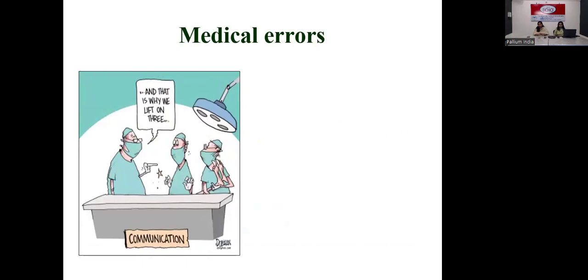So, why is communication important? Another factor is to avoid medical errors. We know that a lot of times we fear allegations against doctors, nurses, and the hospital. In order to avoid such allegations, better communication must be facilitated between the patient and the doctor, the nurse, or whoever is dealing with the patient. For example, it could be a doctor, a nurse, a social officer, or a psychologist. So whoever is handling the patient